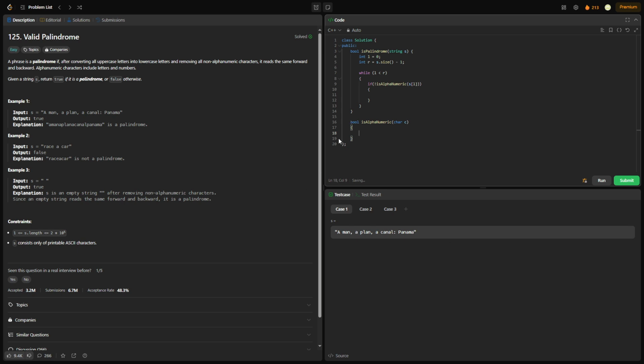Now, if you wanted to use a built-in function, you would do something like this. You would basically return isalnum(c), something like that, right? We're not going to do that though. We're going to do everything manually. So we would say